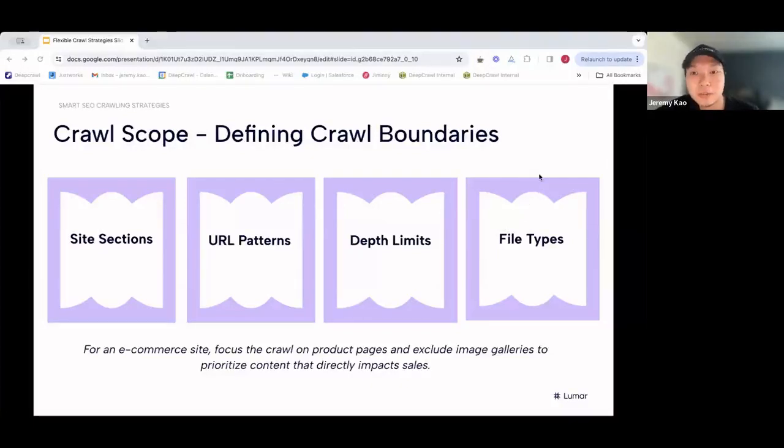If you're crawling, let's say, just your blog pages or your product pages, we want to have an approach that ensures the crawl is concentrated on relevant SEO goals. The next is considering URL patterns. By using URL patterns, you can effectively include or exclude certain pages in your crawl. It's a method that allows for a more refined and targeted approach, and that ensures that your resources are